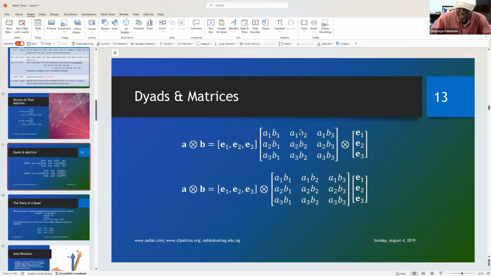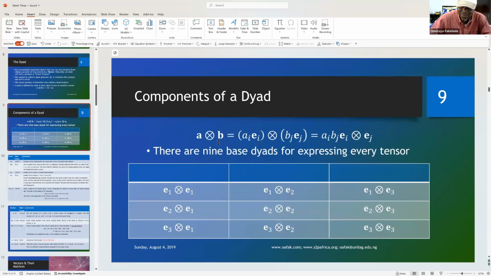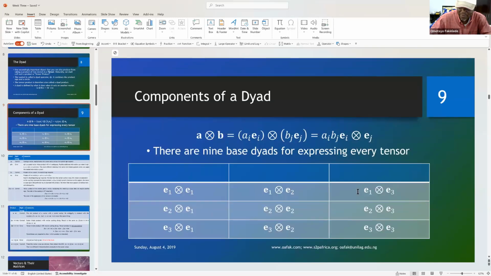And if you do the appropriate multiplication, you are going to get the same 9 terms that you have in your dyad here. There are several ways to get these same 9 terms. There are 9 terms in this expression because there are 2 pairs of dummy indices. So you can have 9 terms, which are the coefficients of all of this. You can write it out, and if you express it in this way,